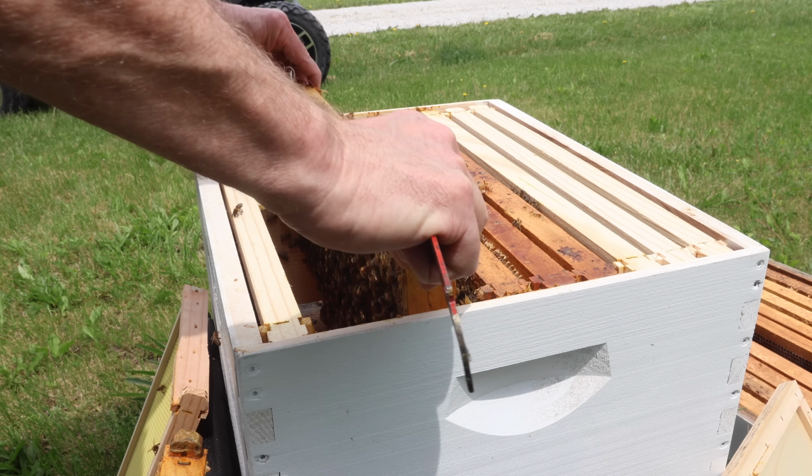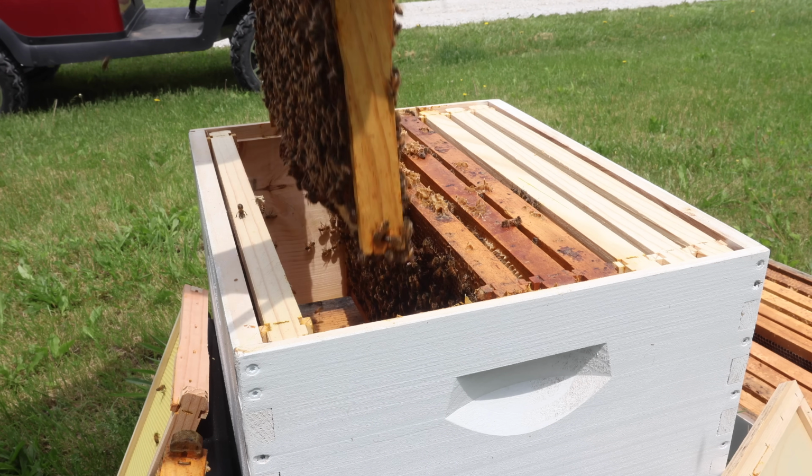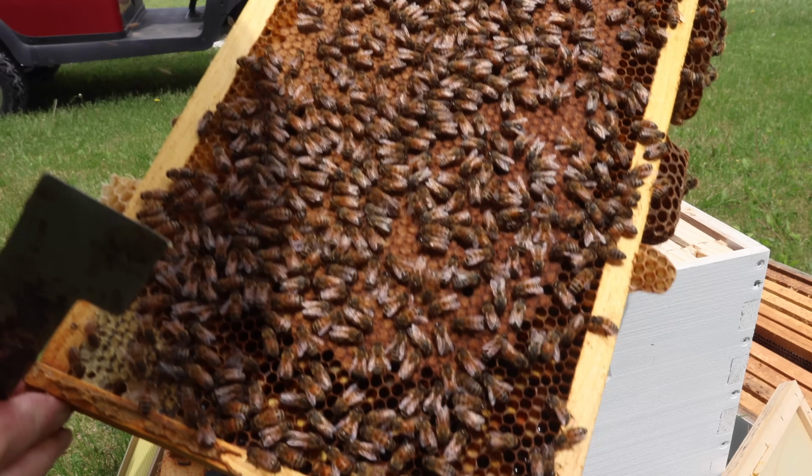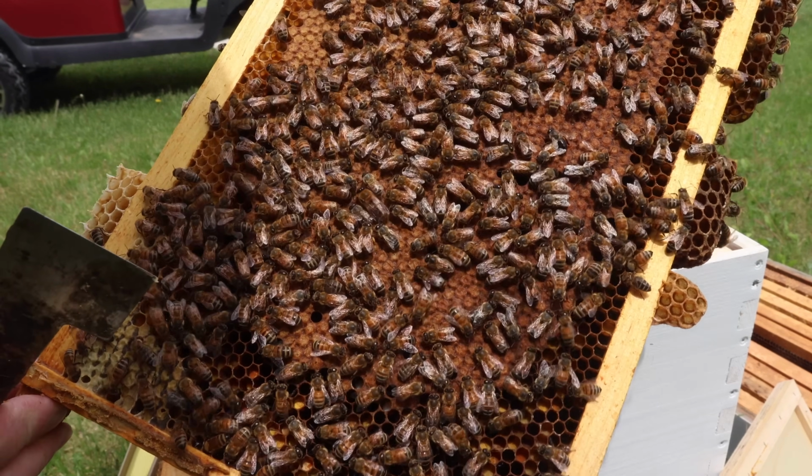So when you pull a frame up, pull it up gently because you're exposing the bees to more light that they haven't been used to. The air is different now because the lid's off. They don't have the pheromones of the colony. They have all that fresh air being exposed. So go slowly to introduce them to the bright world since you've opened that hive. Learn to handle your frames